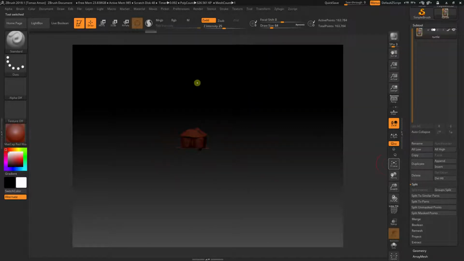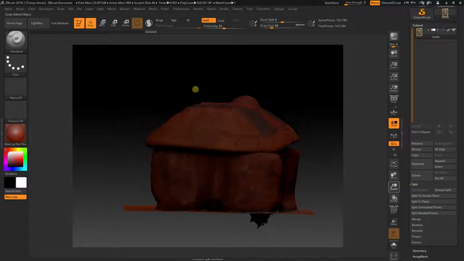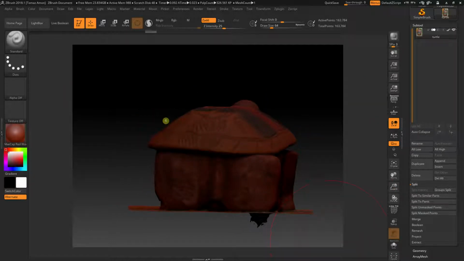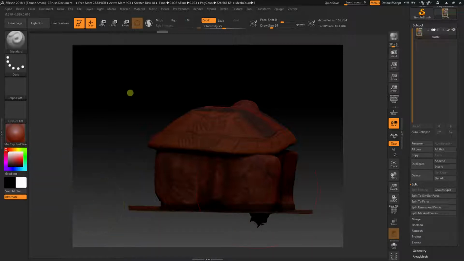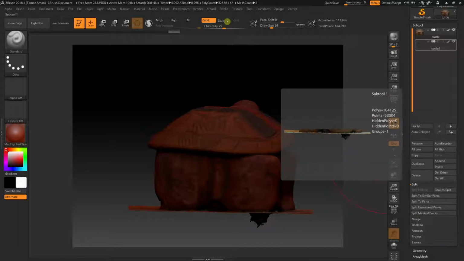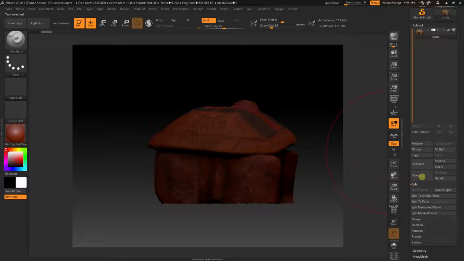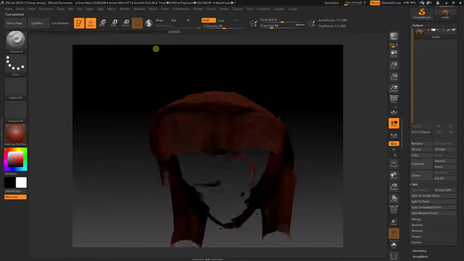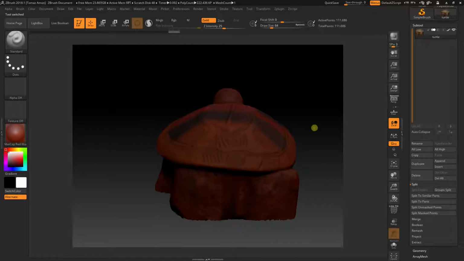We can enlarge it now and remove also the bottom of the table that we don't need. So, split masked points and remove that one too. Delete. Now there is the turtle, but as you see it has no bottom,